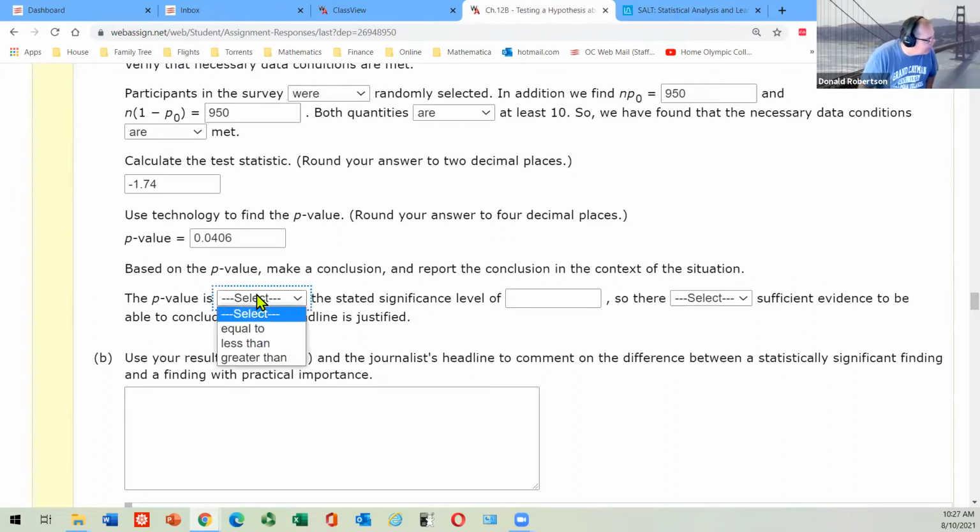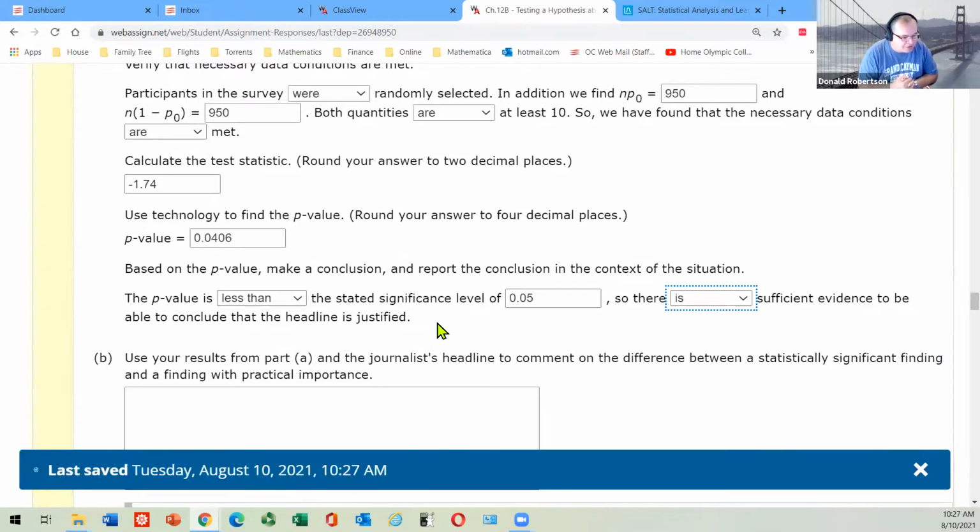The p-value is less than the stated significance level of 0.05. You see, we kind of use some English and some numbers to do that. So there is sufficient evidence to conclude that the headline is justified. In other words, he is allowed to say that